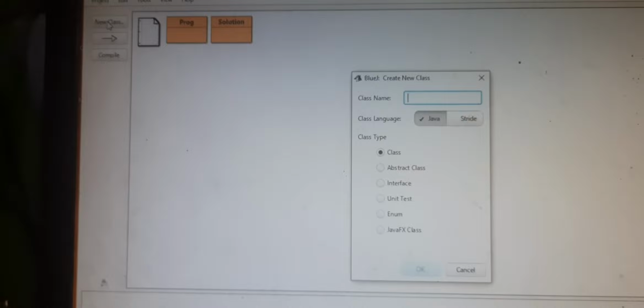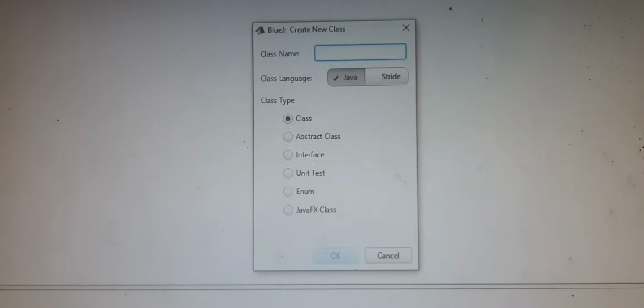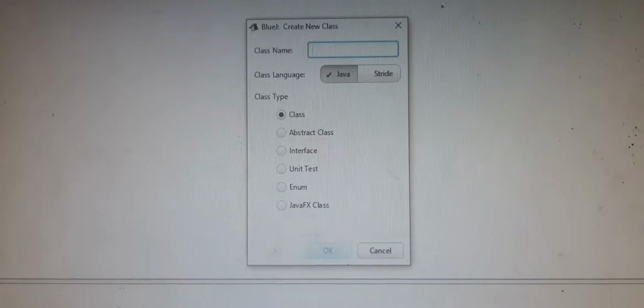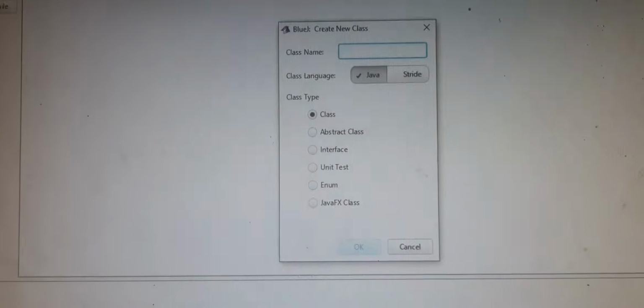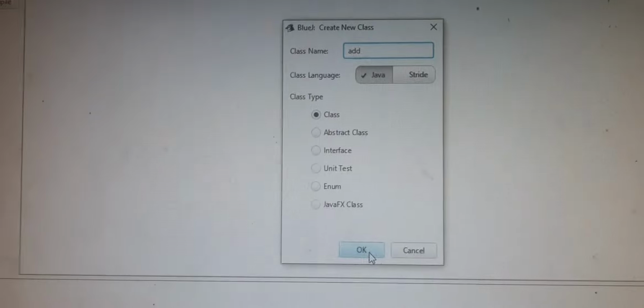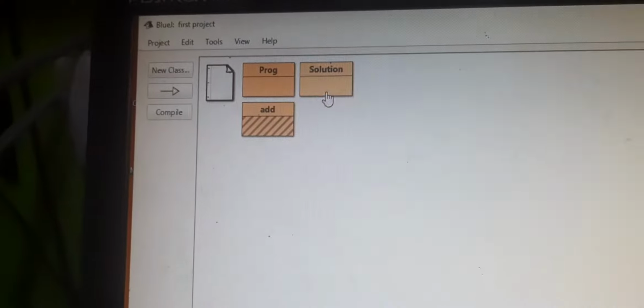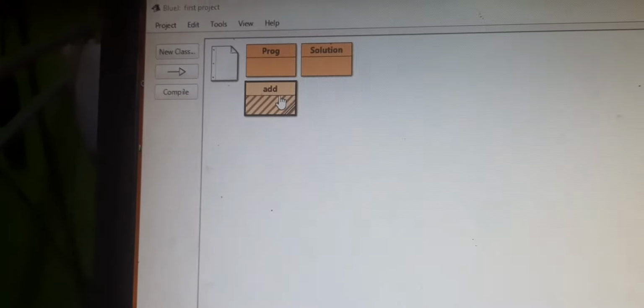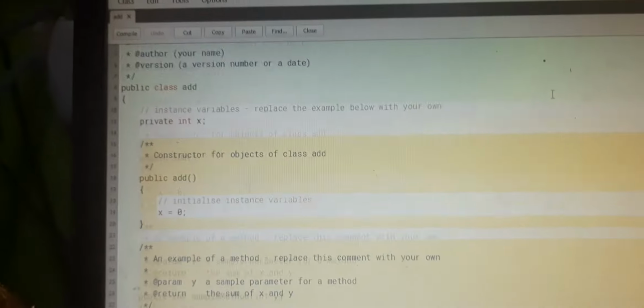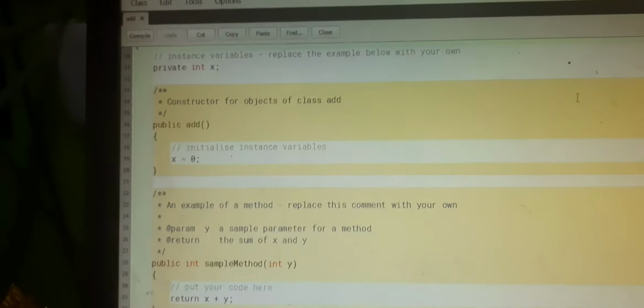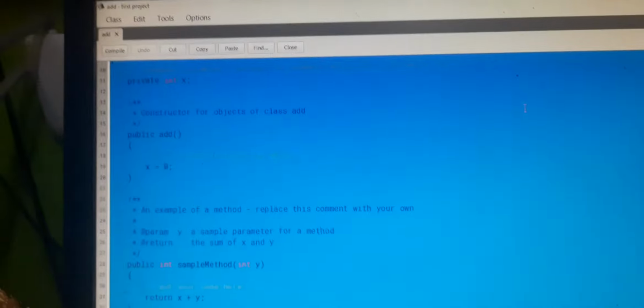As you have asked, there are so many options we are getting, but basically this is for the different segments of the different classes. So at this level we have to create a class. Suppose the program is add, this is the name of the class, then click on OK. We are getting the add class created just now. Now double click on it, and you will find by default some code is already written in BlueJ, so definitely you can omit it by pressing Ctrl A and then the delete key.